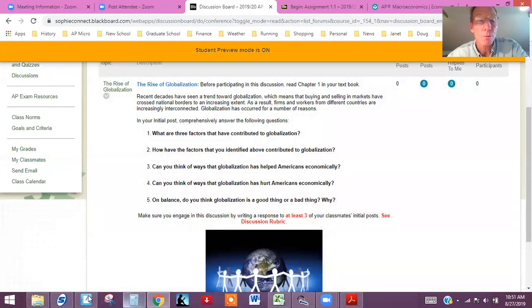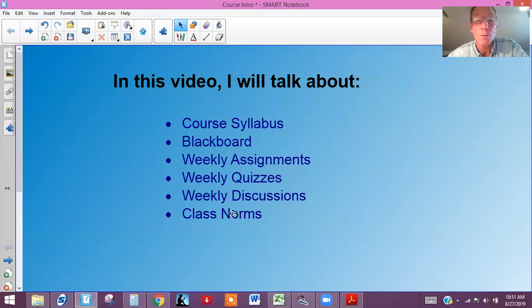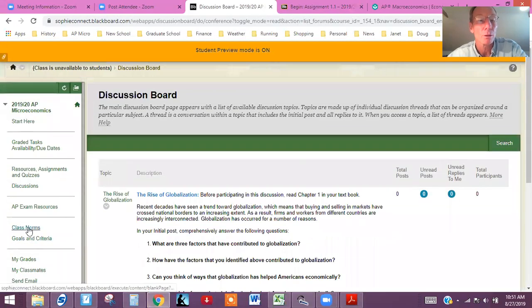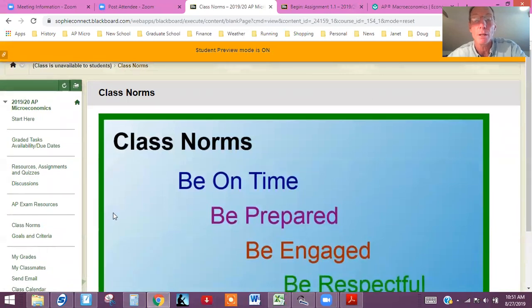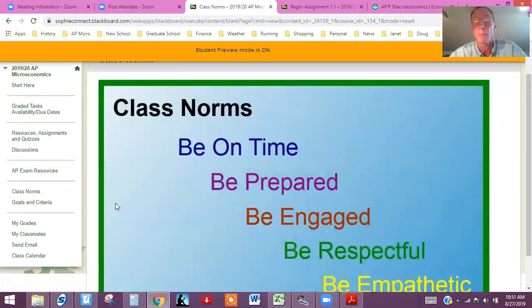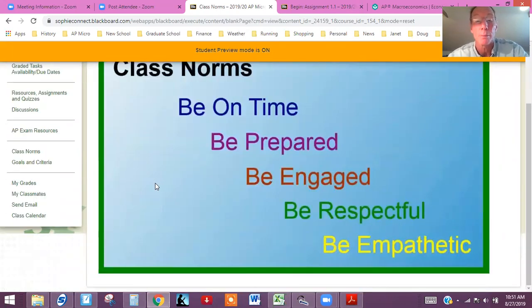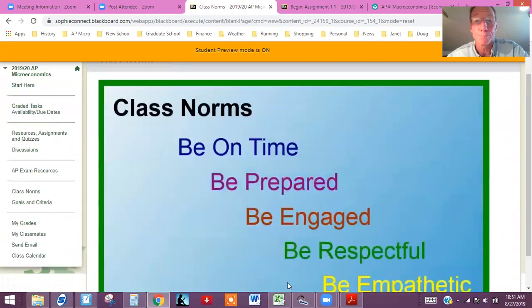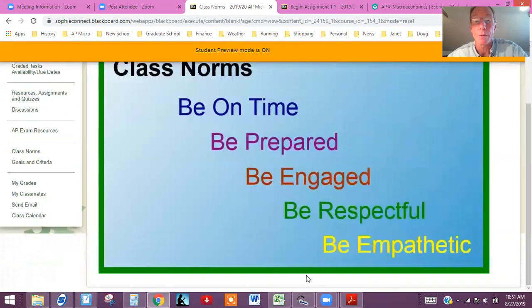Okay, so that's pretty much all of it, and I want to just talk a little bit about class norms, and then we'll be done. So if we come back here to our class and click on class norms, I've been using these for years, probably I don't know how many years, in all of my classes, whether it's middle school or adults. I use these when I taught at the Center for Naval Leadership, and the average age in my class was probably more like 40, right? But one thing I have done is I've added one. This year I've added